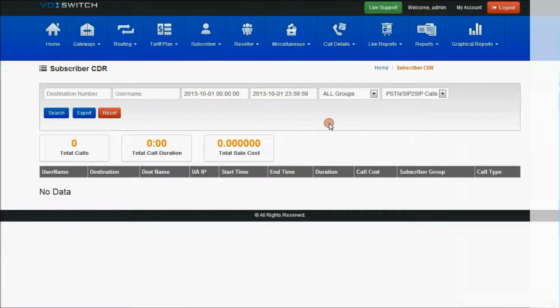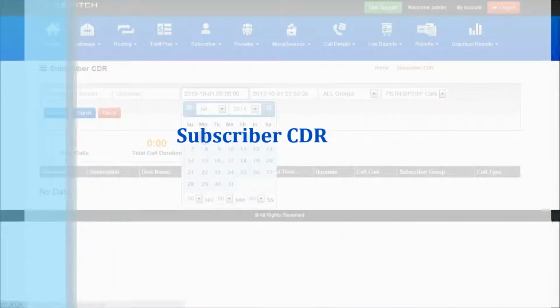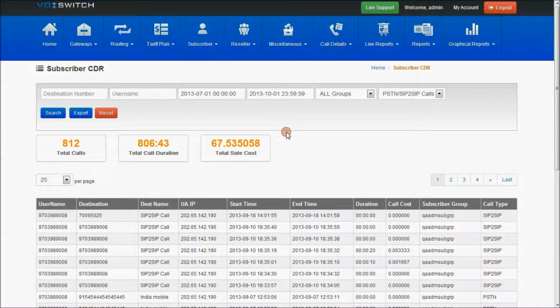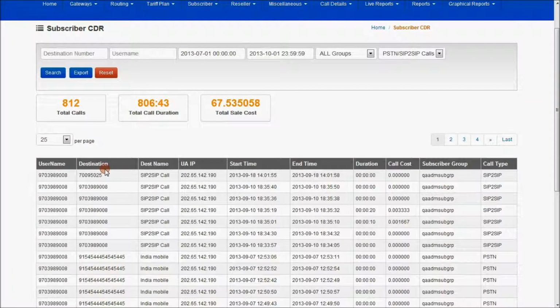And subscriber CDR, which explains the end user, who is nothing but the subscriber created directly under the admin, the admin subscriber. So this is about the subscriber CDR.